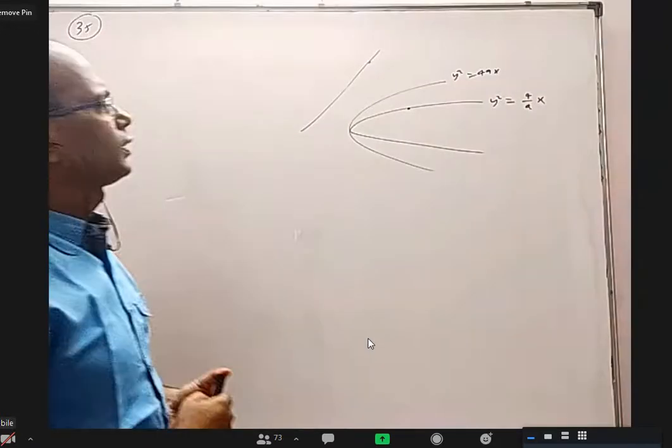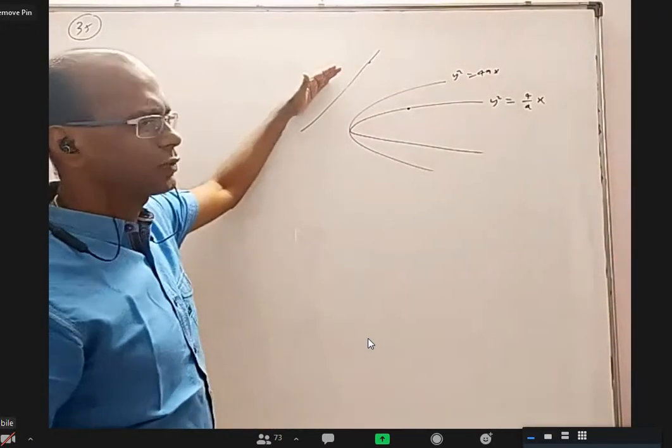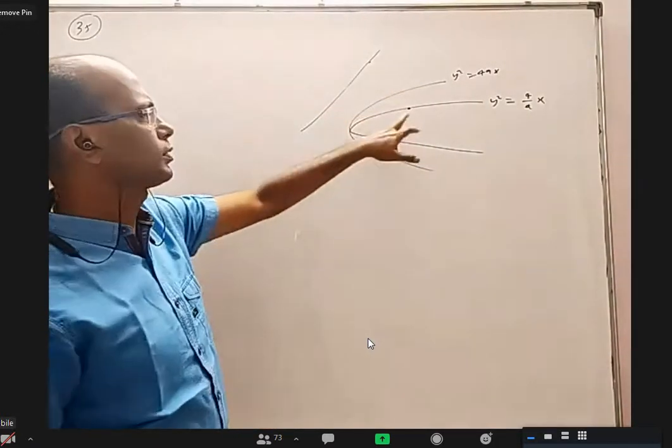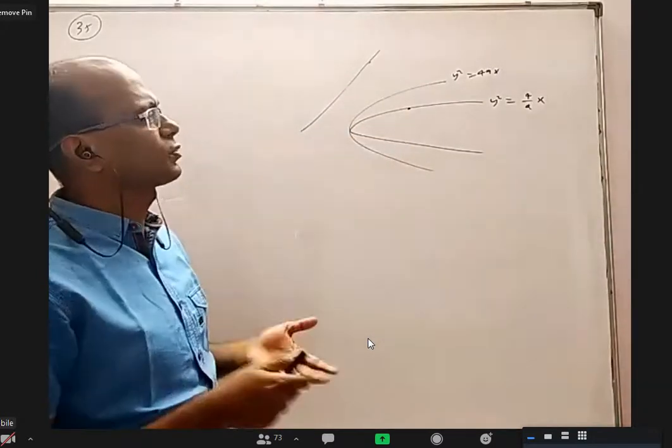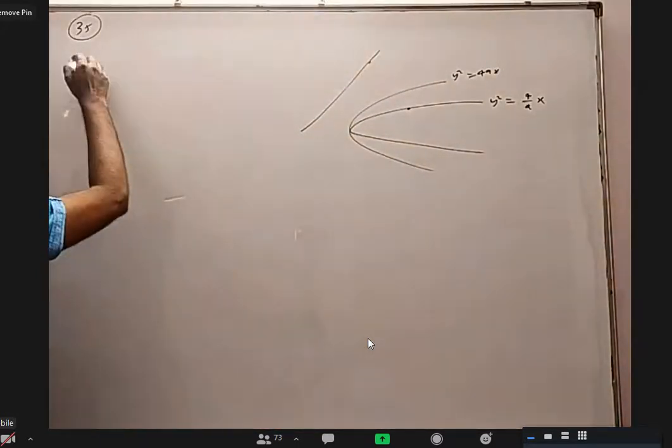Or I can take this line as Lx plus My plus N equals 0 with respect to this. There's a formula for pole. Substitute this, you'll get a condition. Looking at that condition, you can tell. Either way is okay. So method 1.